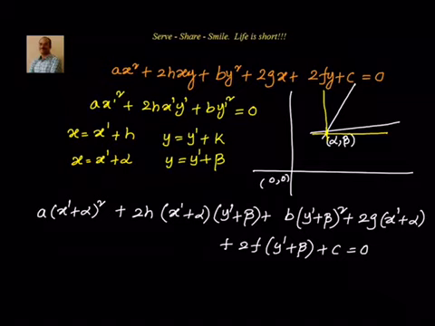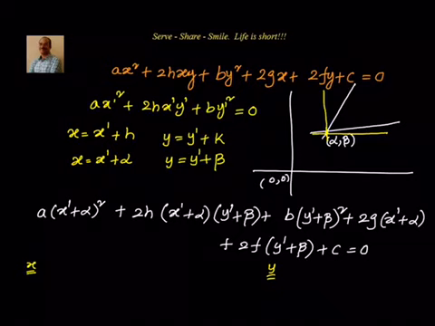We are not going to completely do this. Our logic is very simple. When I expand this, it should not have any x' terms or y' terms. So we will try to find out from this equation where the x' and y' terms are, and we will equate them to 0. First let's find where the x' terms are, and then the y' terms, so that we get two conditions, which is a pair of linear equations in two variables. We should be able to solve for alpha and beta.